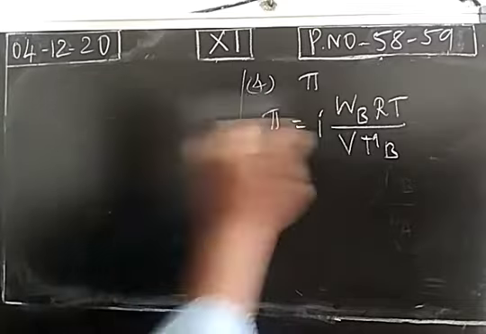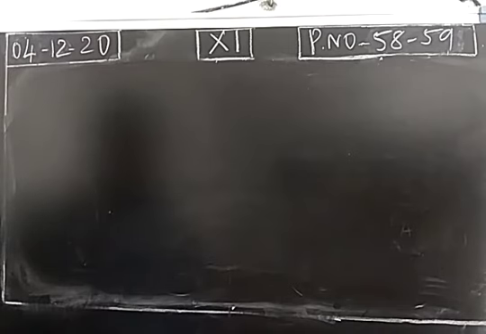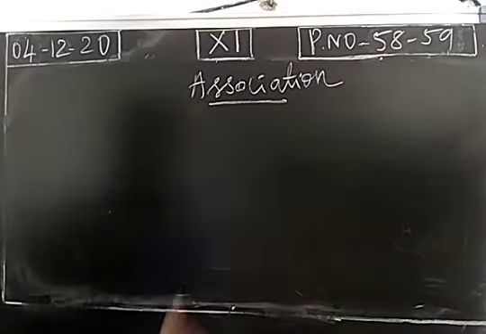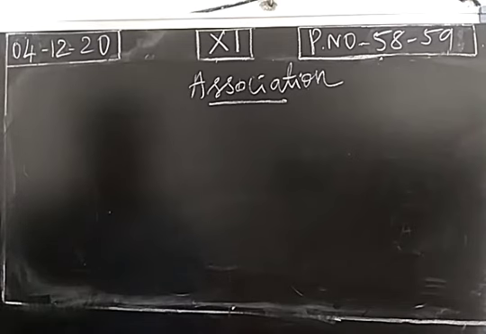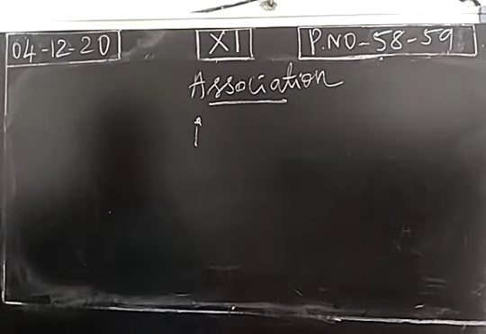So what is the value of van't Hoff factor for association as well as dissociation? Two examples we have already completed: acetic acid 0.5, sodium chloride 2. So what will be the general value? If there is an association, what is the van't Hoff factor value? Due to association of solute particles, the total number of particles is reduced, and the calculated molar mass will be greater than the actual molar mass, so the ratio of actual molar mass to the abnormal molar mass will be less than 1.